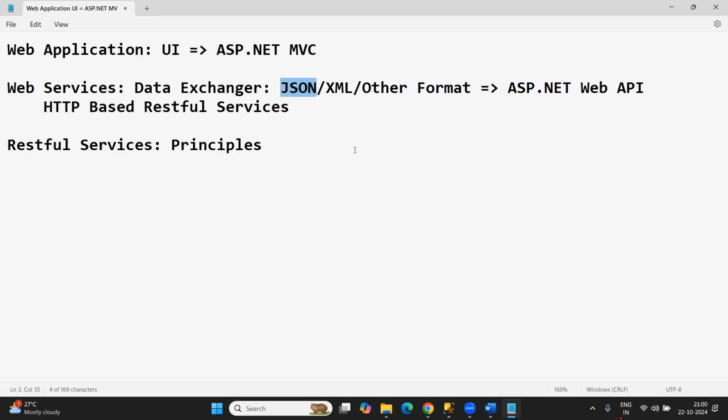See, JSON means what? This is the standard which is going to be understood by all the different kinds of clients. This means whether it is